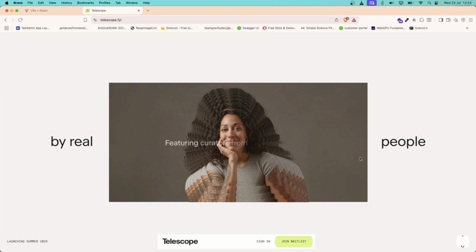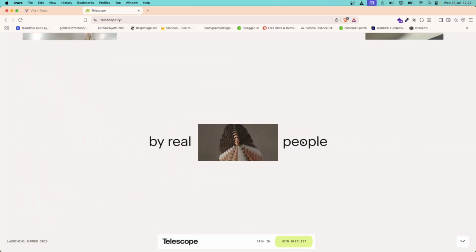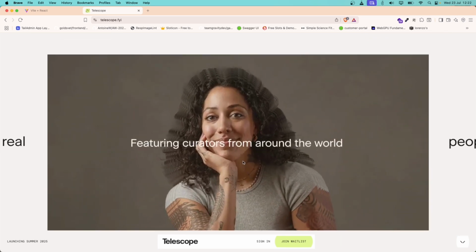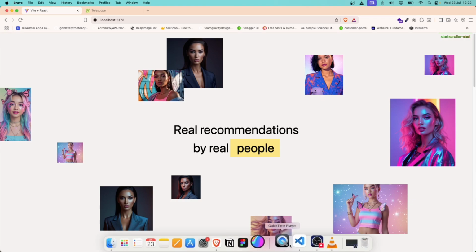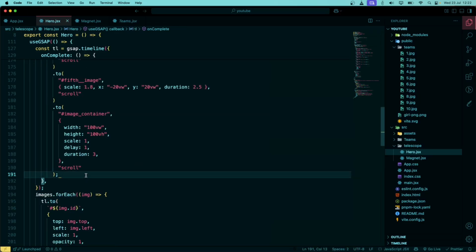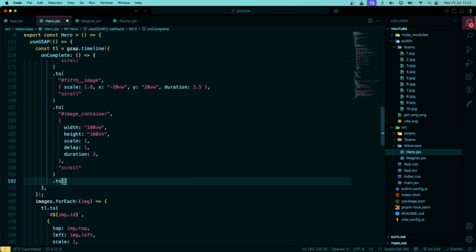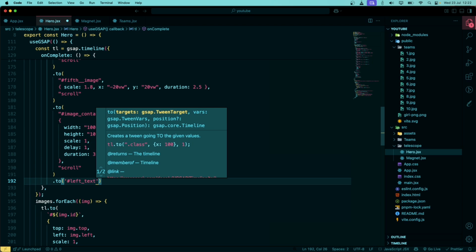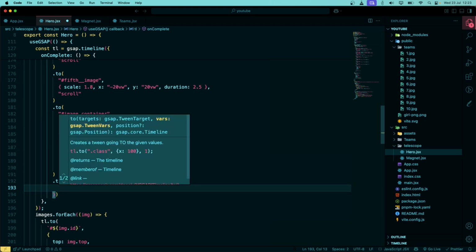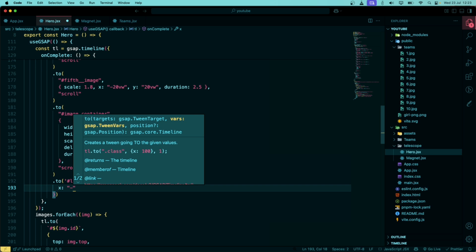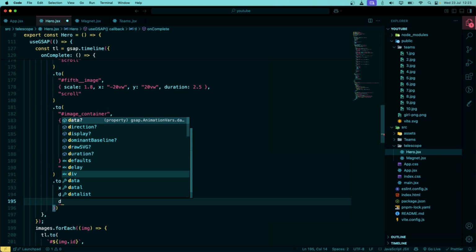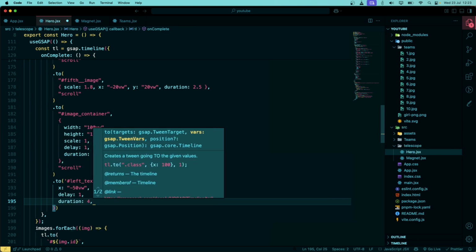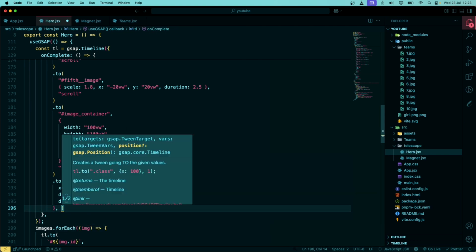As you can see in the original animation, if you scroll, the text is also moving, right? The left text and the right text are also moving with scroll. To create that effect, I will have to add another dot 2 and create another timeline for that text also. Let's do that. Dot 2 left underscore text. X will be minus 50 pw. Delay will be 1. Duration will be 4 for this section, and it will be of scroll,